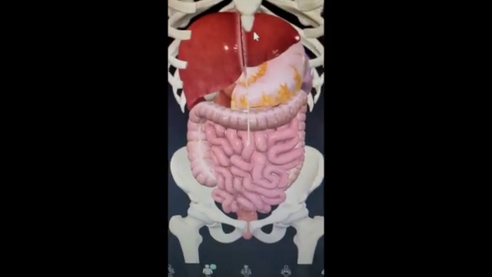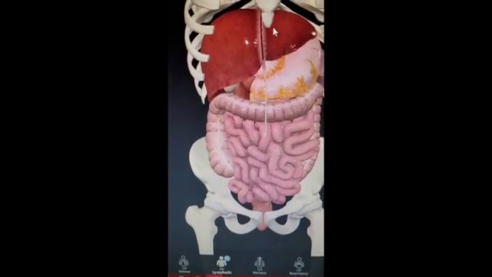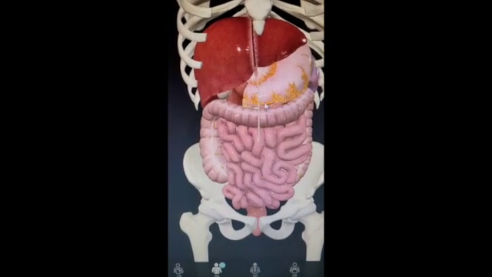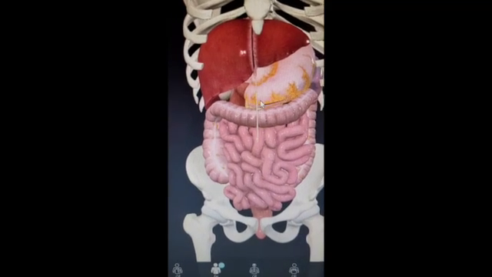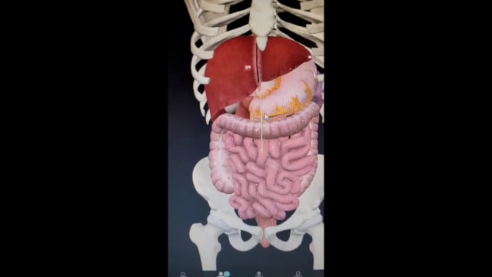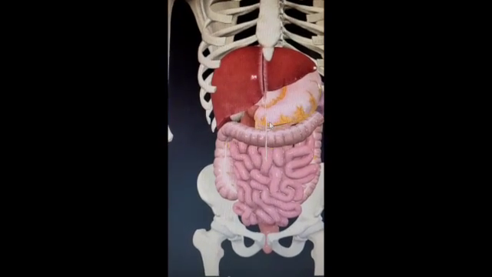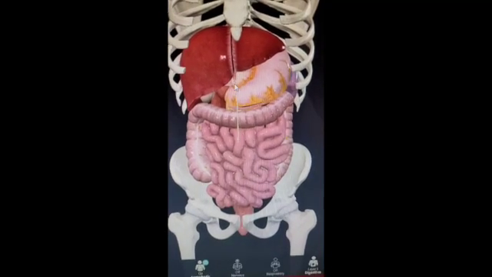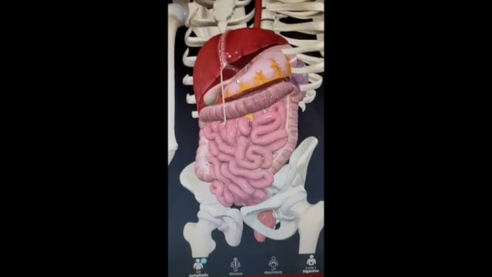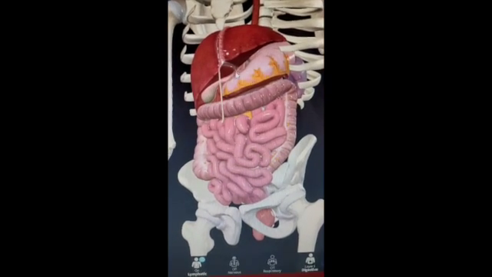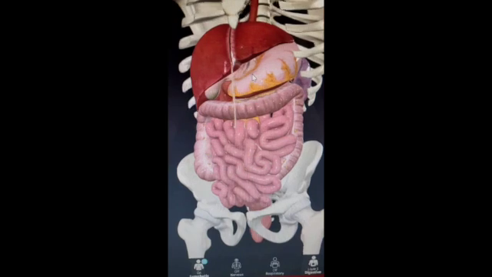So I will start with explaining the terms and their relation to our organs here, our accessory digestive organs. The common hepatic duct drains bile from the liver. It comes out through here underneath. You can't really see it, but it connects up here and then drains